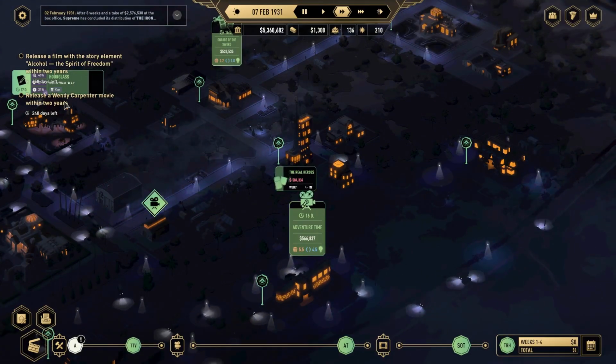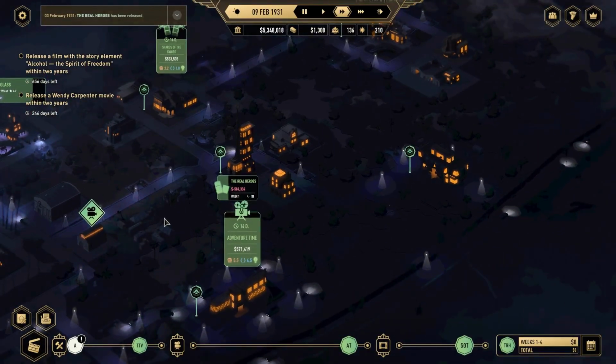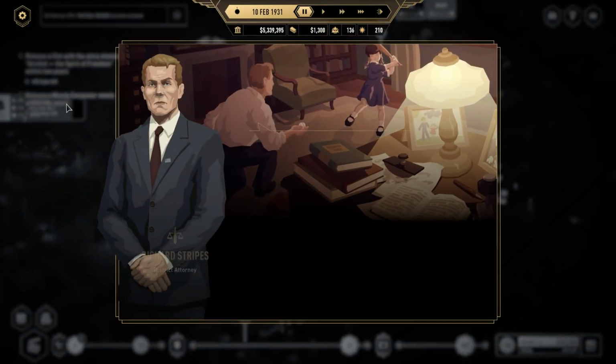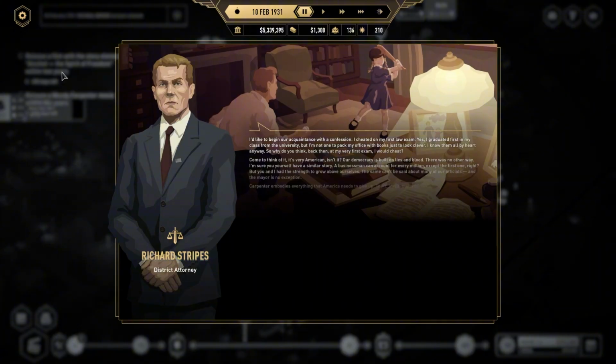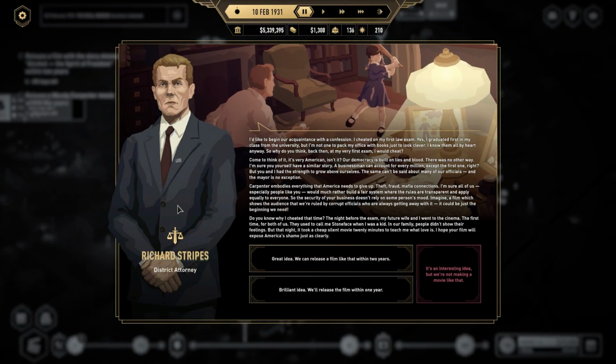So when we release the Wendy Carpenter movie, the mayor will then be our friend, and he'll have things that we can do. And then once we release the bootleggers film, we'll also be able to get something there as well. And so here is the district attorney